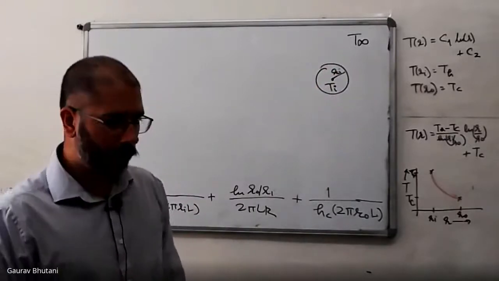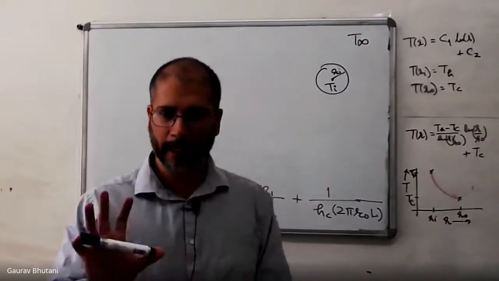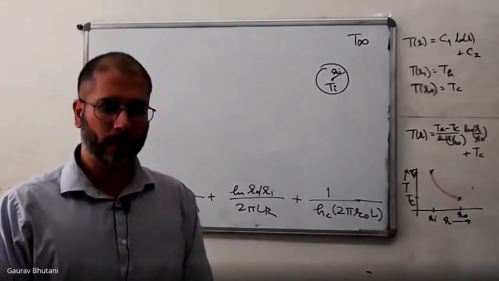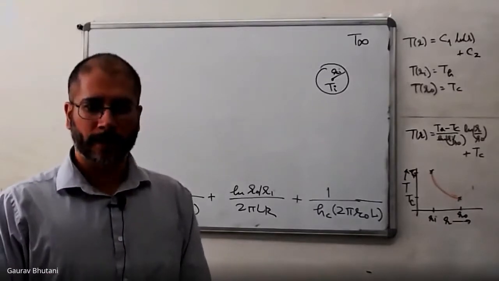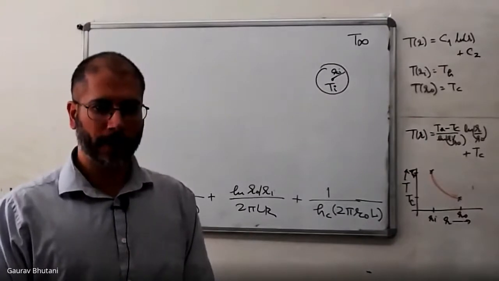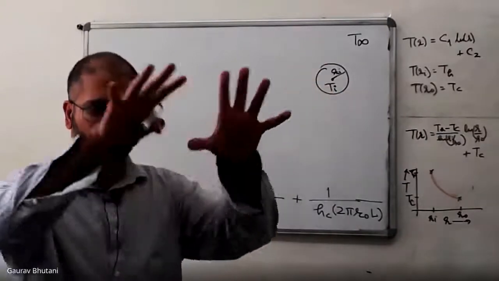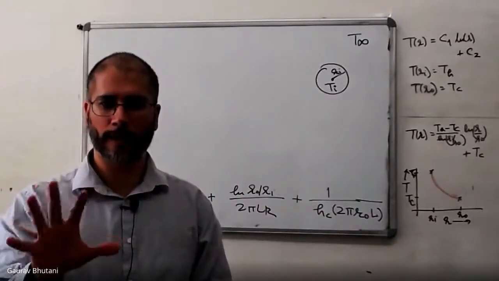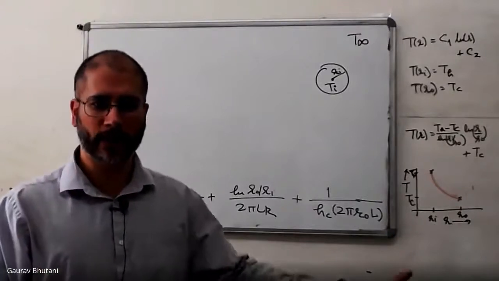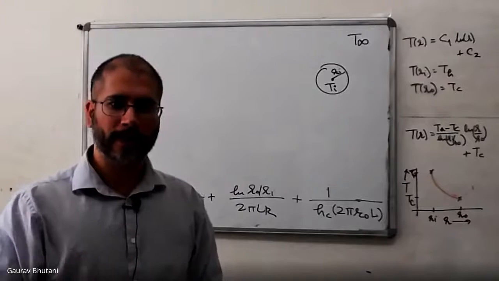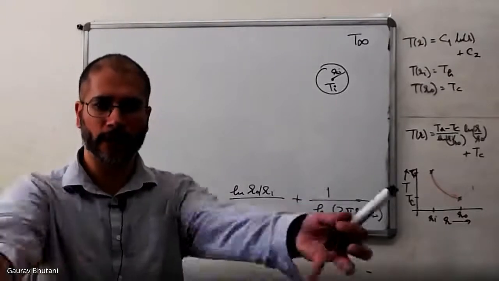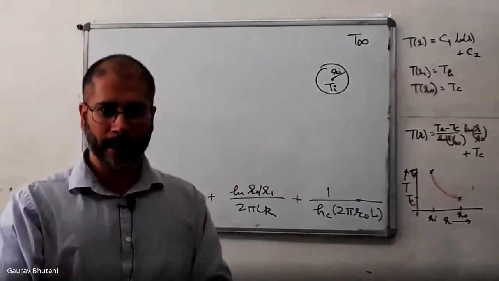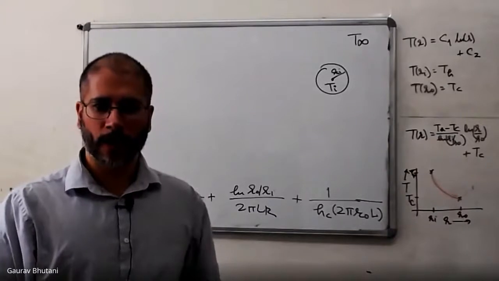Now let me ask you, intuitively, what would you do if you had some material? Let's say you had glass wool. You had an option to put a coating of glass wool on the outside of the pipe. Let's say you did not attend a heat transfer course in your mechanical engineering, or you never paid attention to this lecture, and you were simply asked in the industry, can you please insulate the pipe? You have this glass wool. So you had two options. One was to insulate it, and one was to leave it as it is. What would you do?